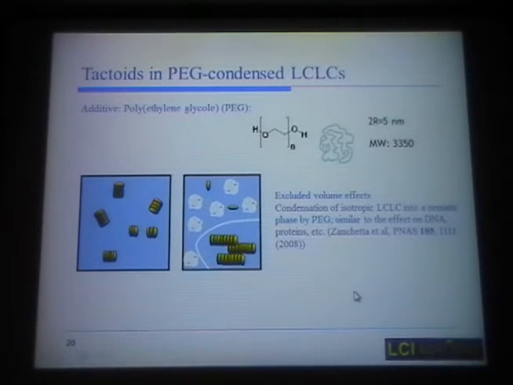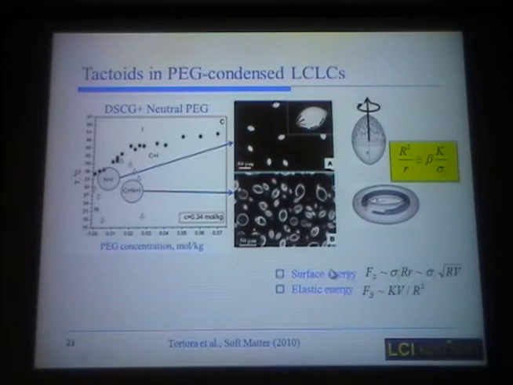So we did an experiment in which we just wanted to see how the tactoids would look in the chromonic liquid crystal, and we saw beautiful pictures. You see the lemon-like tactoids here. Then in the vicinity of the triple point, you see more interesting structures such as toroidal droplets of the condensed phase, and it is schematically shown here. But then we look